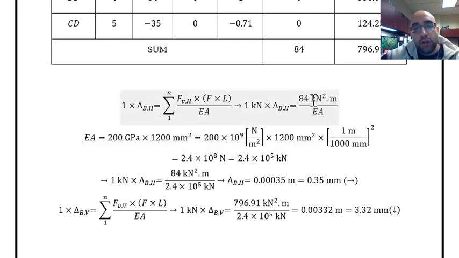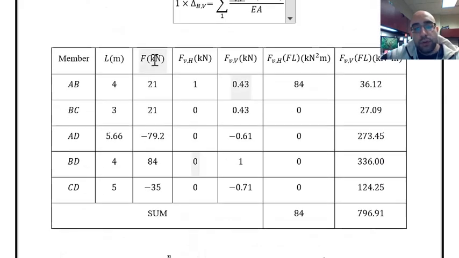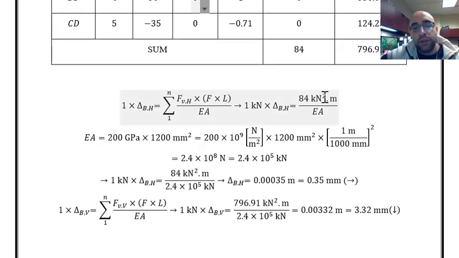Over here, when I was calculating the forces and multiplying them by the length, everything was in terms of kilonewton and meter. So that's what I have on top of the ratio. On the bottom, where I have the EA, the final values should be in the same units so that we can calculate the ratio and find the final value. E is 200 gigapascal and A is